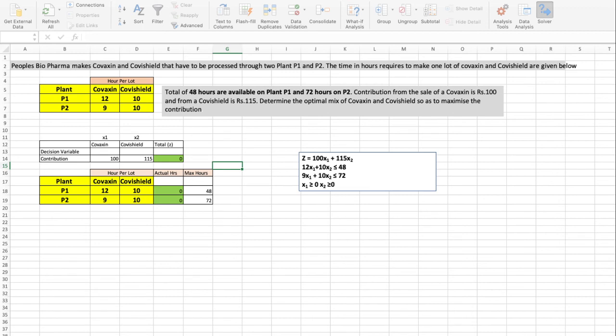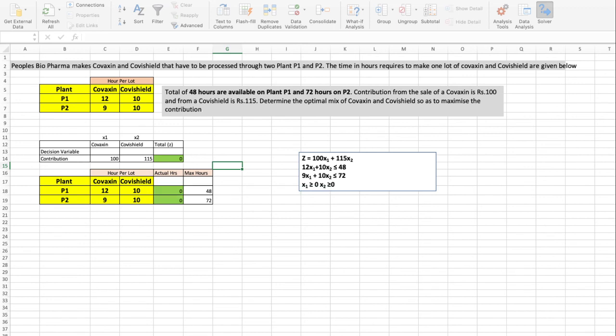After giving this, your set objective is this column. You have to find the maximum profit. And for the changing variable, select this decision variable, and click the Add button. Then you will get a constraint. You have to add the constraints: 0 less than or equal to 48.